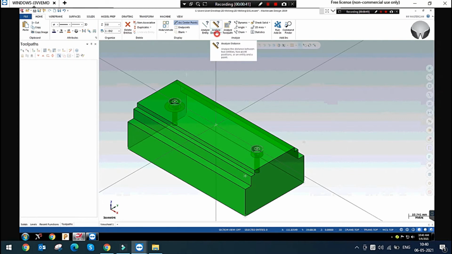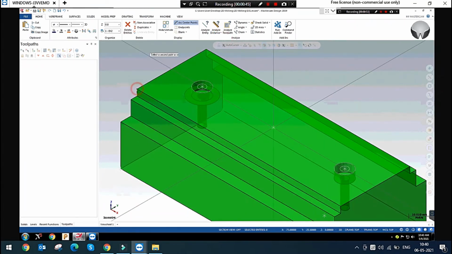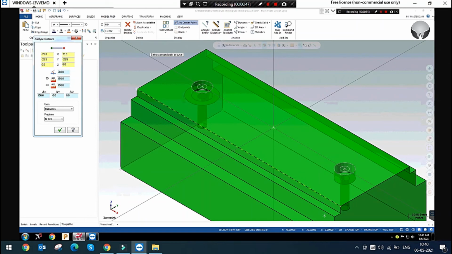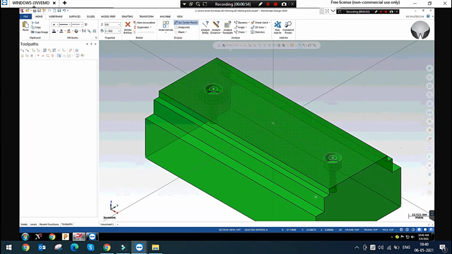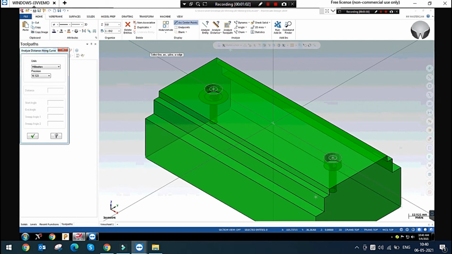So now I am analyzing the distance of this entity. This is the distance of this entity. Now I want a particular distance from point to point. So this is analyze distance along that curve.